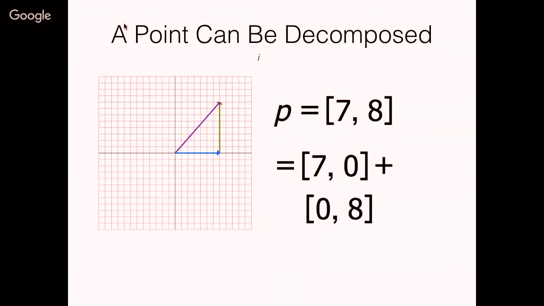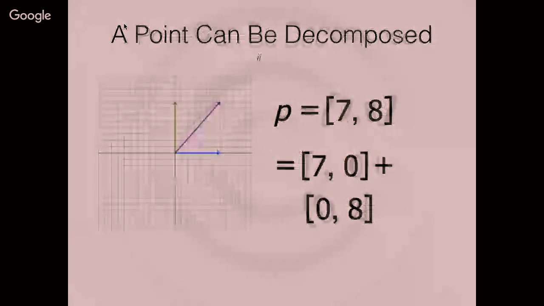Vectors don't really belong anywhere in particular, so you can move them from one place to another. They're just an amount, a distance and an angle, but they don't begin or end anywhere. So you can think of them as being either there, where it forms a triangle, or you can move them back to the origin.